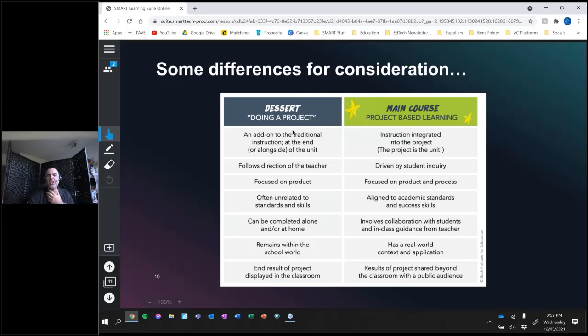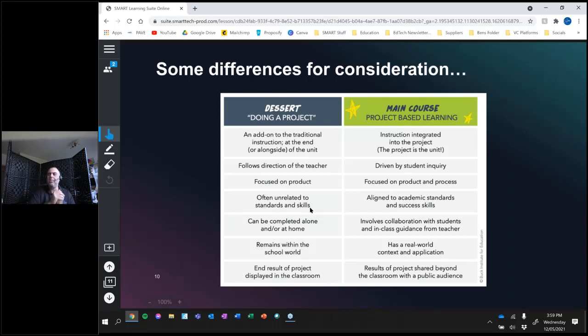So for the dessert, like doing a project, with traditional instruction you do it at the end of the unit or follows direction of the teacher. It's focused on the product. The dessert idea of the project is something that just focuses on doing a poster or creating some kind of outcome. However, project-based learning is generally driven by the student, but it's focused on the product and